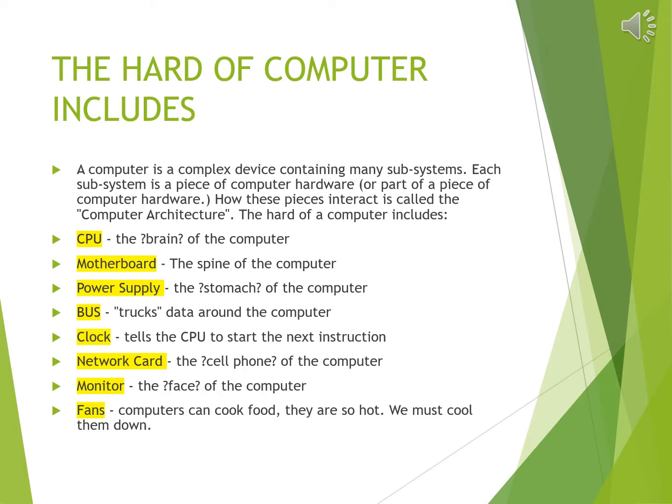The heart of a computer includes: a computer is a complex device containing many subsystems. Each subsystem is a piece of computer hardware, or part of a piece of computer hardware. How these pieces interact is called the computer architecture. The heart of a computer includes the CPU, the brain of the computer; the motherboard, the spine of the computer; the power supply, the stomach of the computer; the bus, which trucks data around the computer;